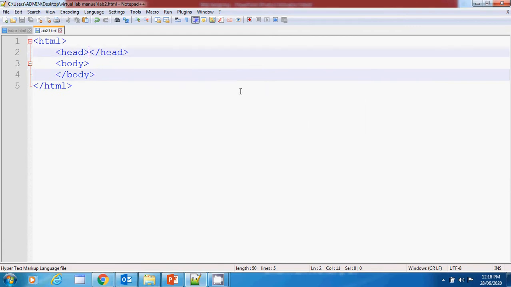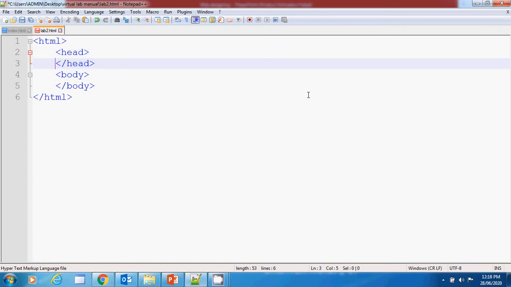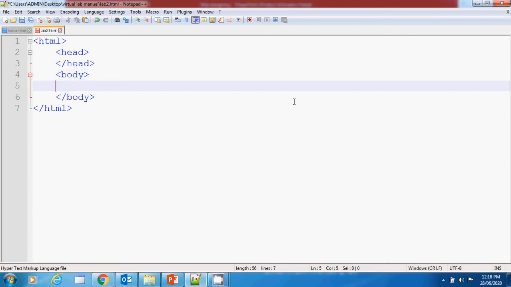Now we'll be creating one web page having header, footer and content section. In our header section we'll be having a logo and navigation links to different pages. So for that I'm using a div based structure, as I've already told you about div based structure in the last experiment. So I'm creating a div.